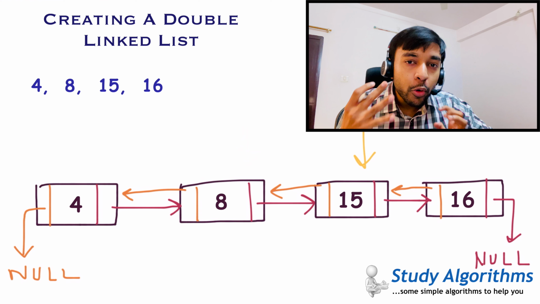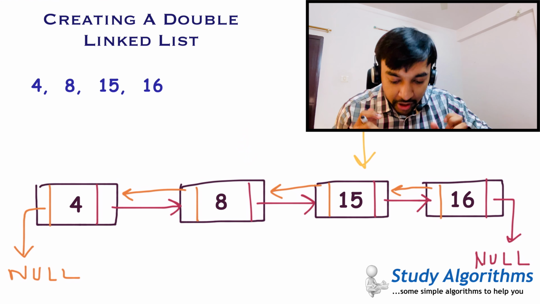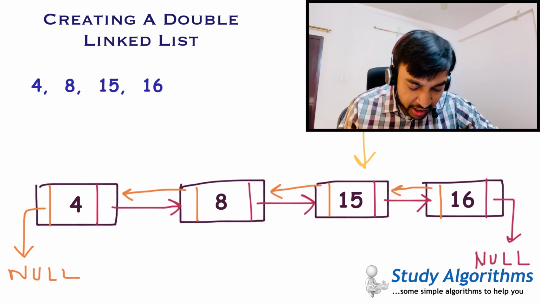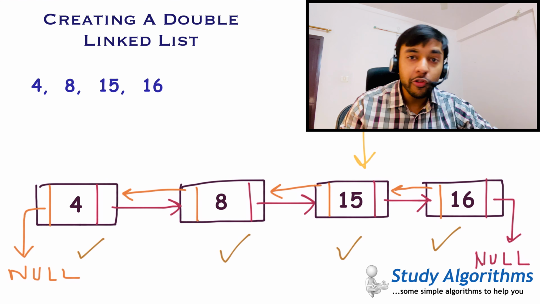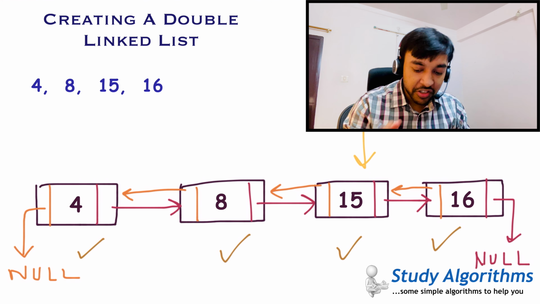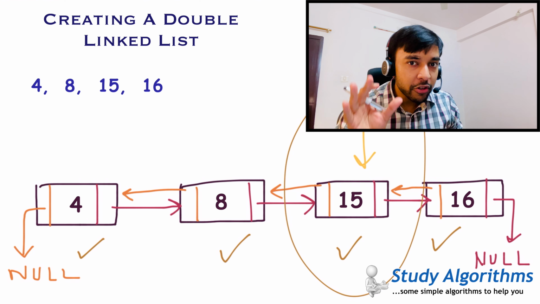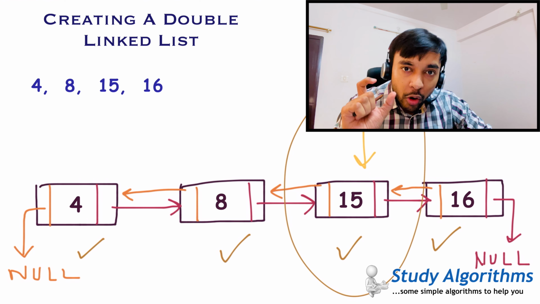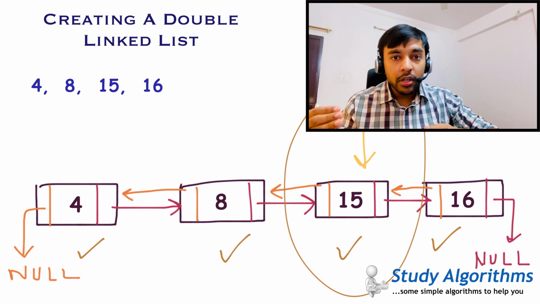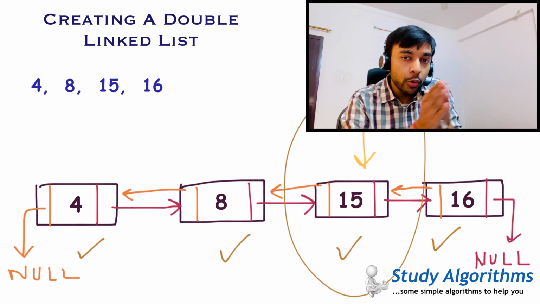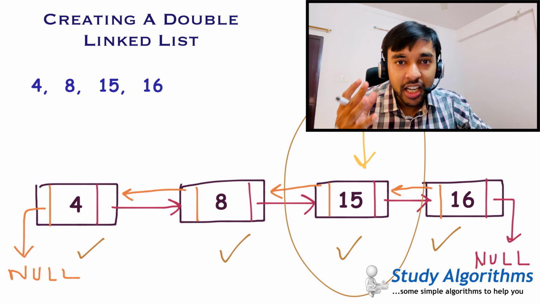You can think about more applications and examples where this list would come in handy. Think about how your web browser works. It has the forward and backward buttons, right? This is the first page, this is the second page, this is the third page, and this is the fourth page. Now, if you want to go back, you can simply do a previous operation and come back to your previous page, right? On a similar concept, you can also have your undo and redo operations. You can store all of the operations in your list, and based upon what the user is clicking, if it's a redo, just go in the next direction. If it's an undo, go in the previous direction. So these are all the places where a double linked list comes in very handy.